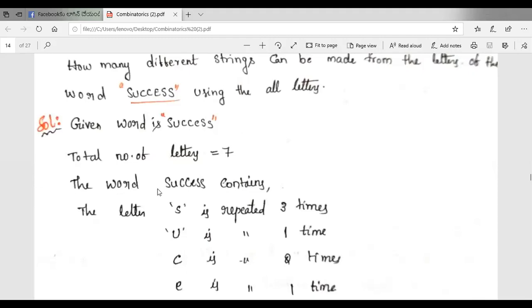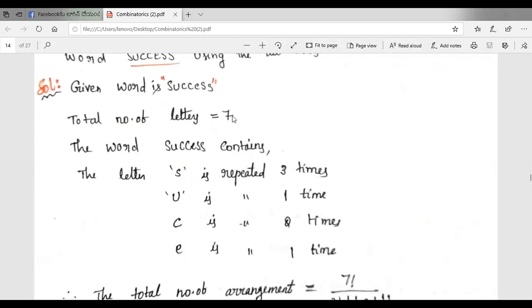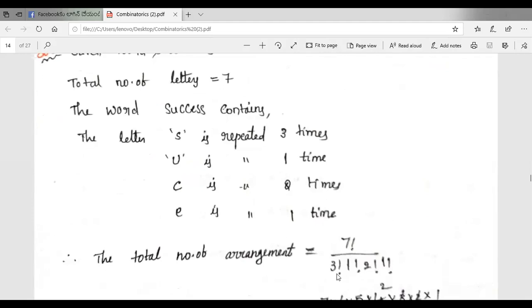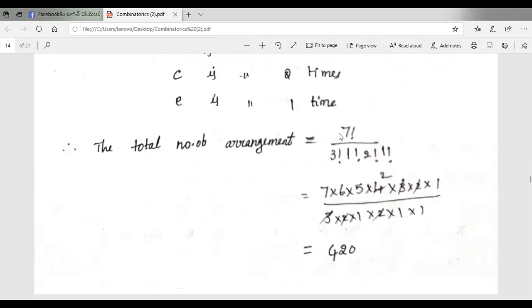So the total number of letters in the word gives 7 factorial, and the repeated letters give 3 factorial, 1 factorial, 2 factorial, 1 factorial. So this is equal to 7 factorial, that is 7 into 6 into 5 into 4 into 3 into 2 into 1, divided by 3 factorial, 3 into 2 into 1, and 2 factorial, 2 into 1. So the answer is 420